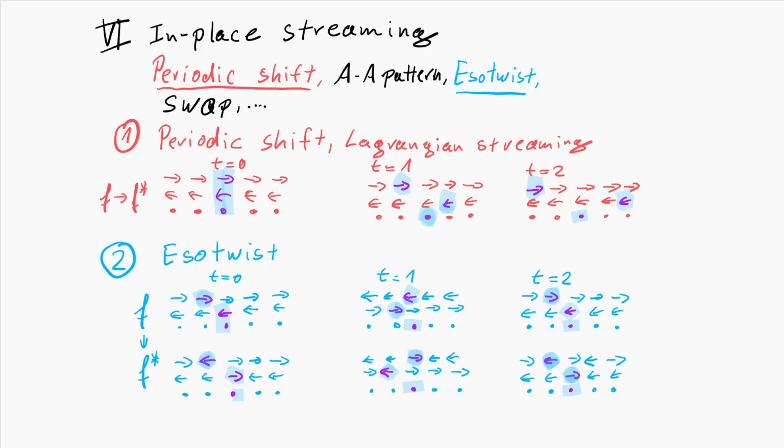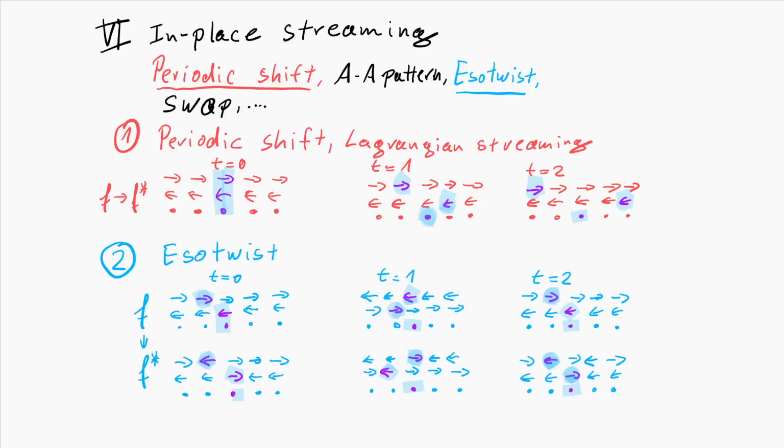In the next time step, t equals 1, we go one step in the opposite direction to where the particles were streaming from, and read the data from these locations for the same node,